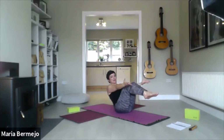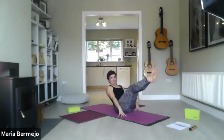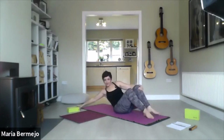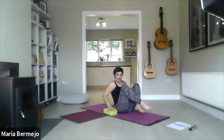Now up the hands, bend the knees. Straight, bend, straight, bend, straight, bend. If you have a couple of blocks, just grab them for me now. If you don't have, just stay where you are and place, bend the knees close to you and the blocks just there beside you, and try to lift yourself up